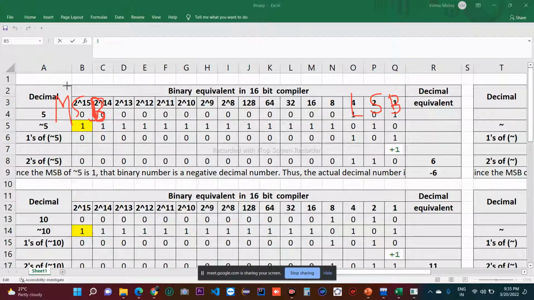क्योंकि सी प्रोग्रामिंग में एमएसबी डिसाइड करती है कि नंबर का साइन क्या होगा। ठीक है, अगर एमएसबी वन है, जैसे कि हम देख सकते हैं इट इज़ वन हियर। So if MSB is 1, the number is considered to be a negative number, एक नेगेटिव नंबर होता है। And if MSB is 0, then that is a positive number। ठीक है, तो अगर MSB 1 है तो वो एक नेगेटिव नंबर होगा, अगर MSB 0 है तो वो एक पॉजिटिव नंबर होगा।